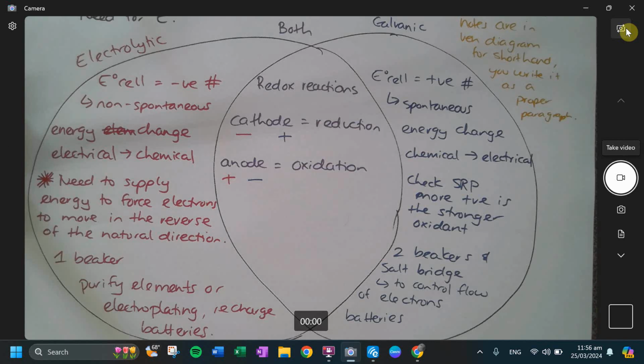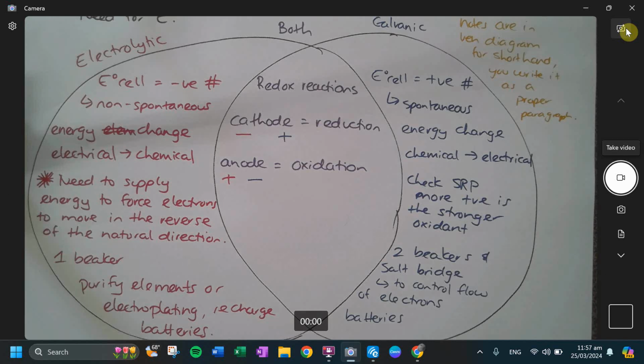So keep in mind with electrolytic, that is non-spontaneous. The E cell will be a negative number. With the galvanic cell, it will be positive, and that will be a spontaneous reaction. Again, you'll have both your electrolytic and galvanic cells when you write your comparisons. You can bring it up and look at it directly and tell the difference. Something else to keep in mind is because of the spontaneity, that helps us determine what type of energy changes are occurring. If I'm dealing with electrolytic, we are going from electrical to chemical. If we are dealing with galvanic, we're going from chemical to electrical. So that ties in with the spontaneity as well.